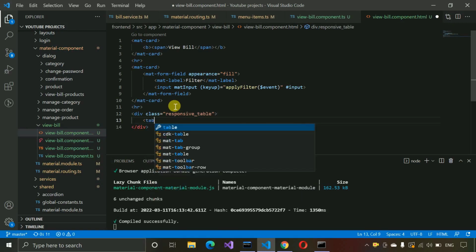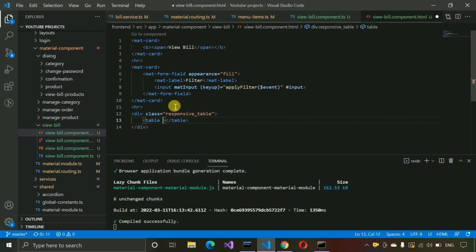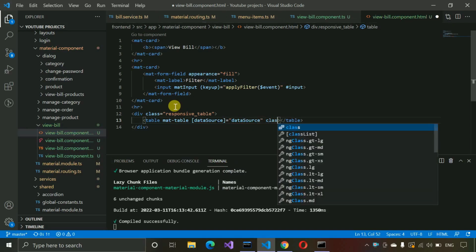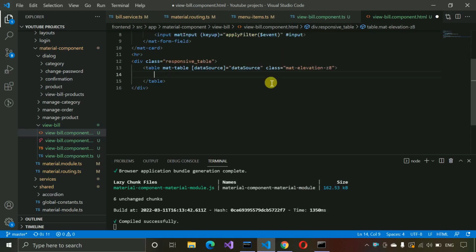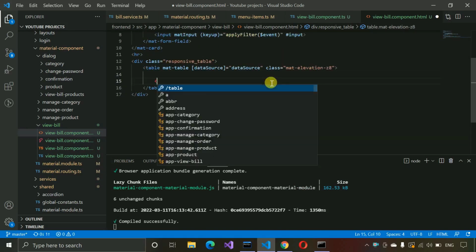After that we have to create a table, and here we will write mat-table, this one, and here dataSource equals dataSource. The S should be capital, that's the reason it's giving us an error. And here we have to write class, and here mat-elevation-z8,